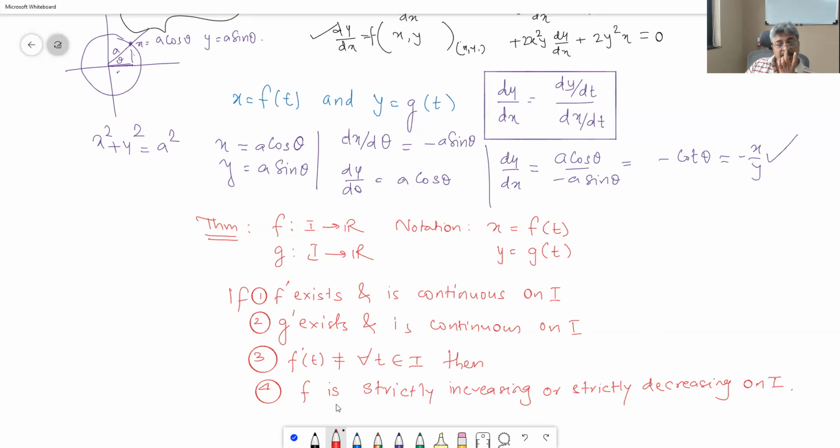And if it is strictly increasing and strictly decreasing, then inverse is possible. But then